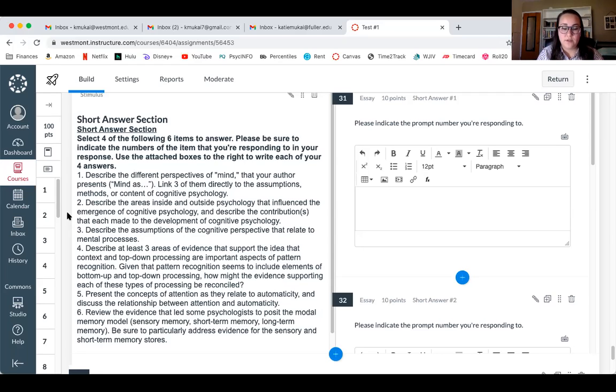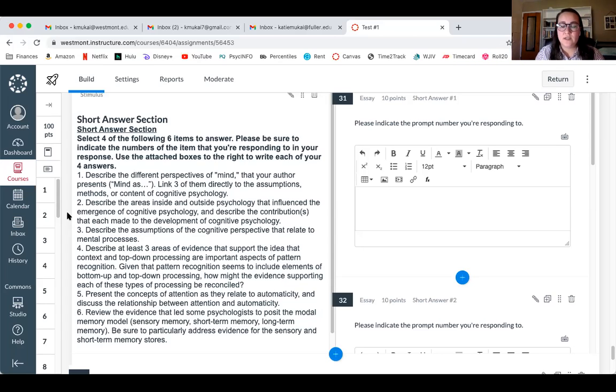And then for areas outside of psych, you could have talked about information theory, and the borrowing of terms from World War II communication systems and radios, and the fact that they have channels and filters and limited capacity. You could have talked about computers and computer science. You could have talked about the linguistics field and what that contributed. Yeah, so those are again some directions that you could have gone in.